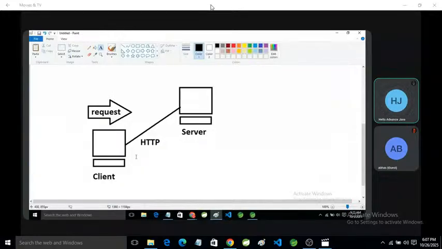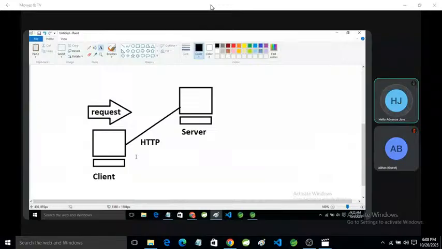We type the URL in the web browser and press enter, the request transfers from the client machine to the server through HTTP, the server checks the type of request, finds the static page, and the browser displays it. That is the working of a static page.